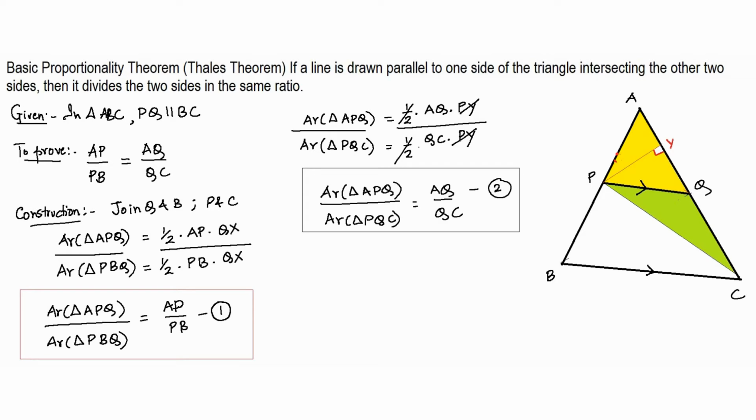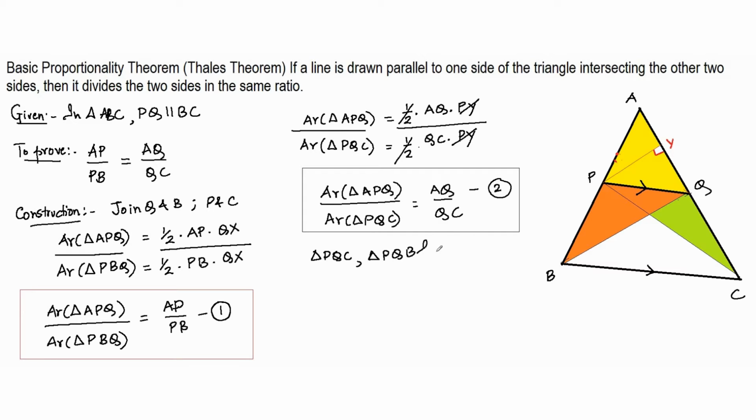Now the idea is very simple. See, if you join Q and P again, if you consider the triangle PQC, correct? If you consider triangle PQC, PQC is the triangle drawn with PQ as the base and between the parallel lines PQ and BC. And similarly, even triangle PBQ, this particular triangle is also drawn between the same parallel sides with PQ as the base. So I can say that triangle PQC and triangle PQB